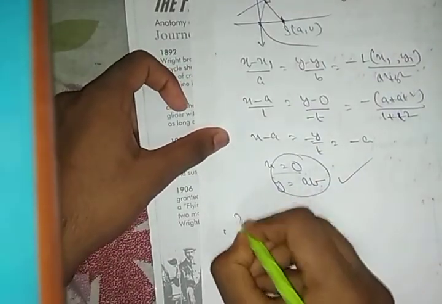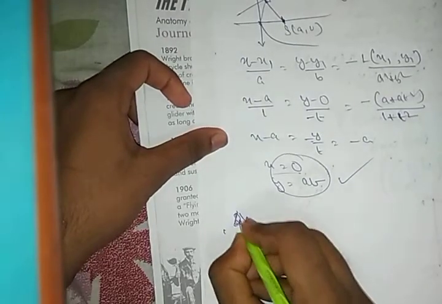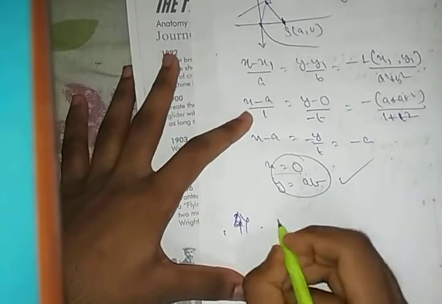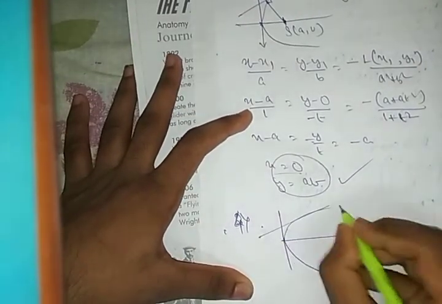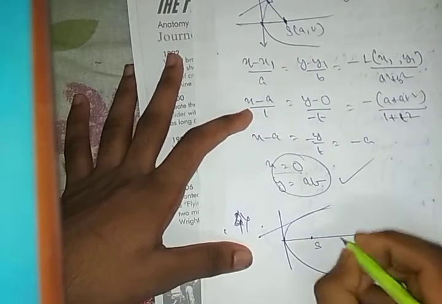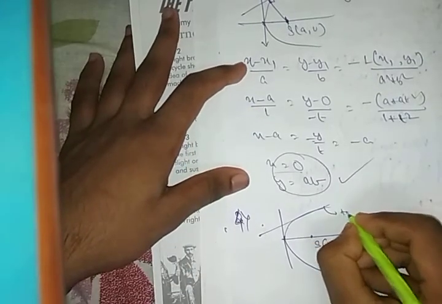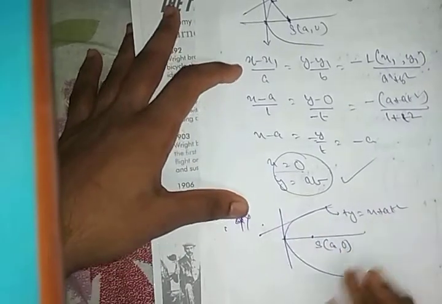So we found it. And the second property related to the focus of the parabola will be that if you take any tangent and take the reflection of the focus over it, okay, then what can we get? Let's check it, what we can get. Okay, any tangent, so ty = x + at², just take it.